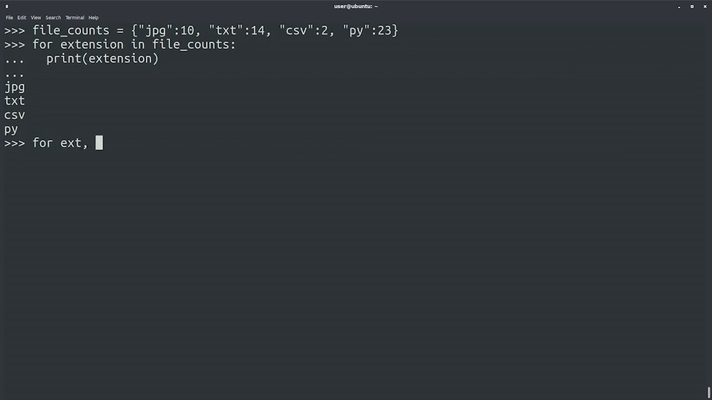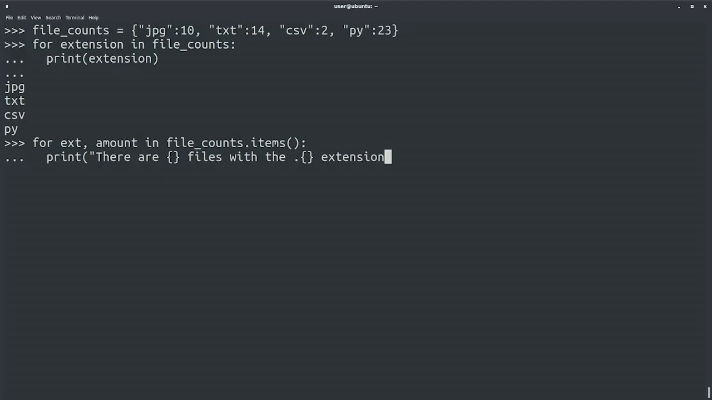For extension, amount in file_counts.items(): print("There are {} files with the .{} extension".format(amount, extension))